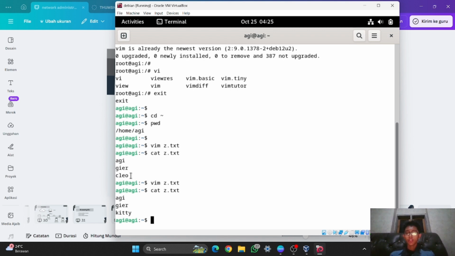First you want to change from Cleo into Kitty, but you change your mind and you just want it to stay Cleo. But here I will use from Kitty, and I want to change to Cleo, but I change my mind, so I just want to set the name as Kitty. Sorry, the file is Kitty.